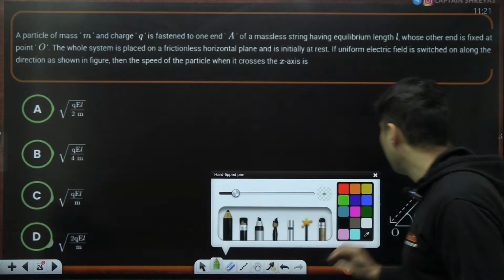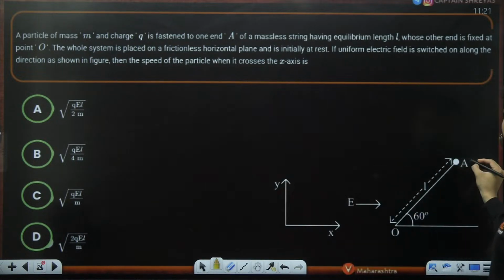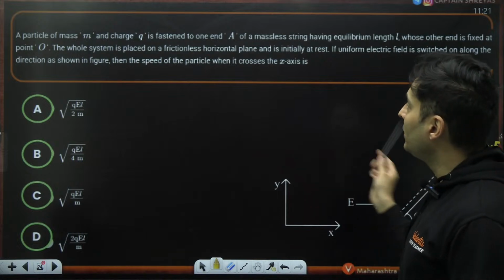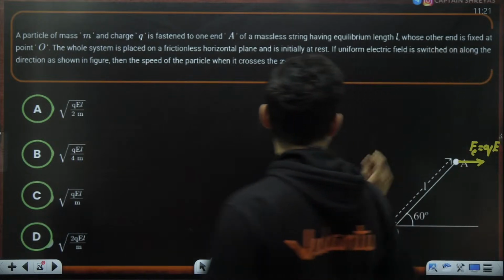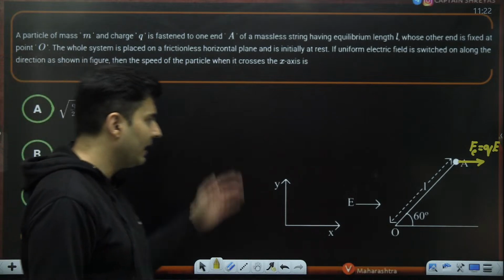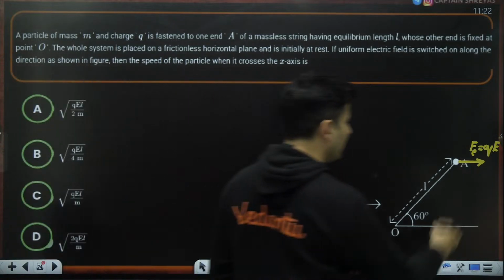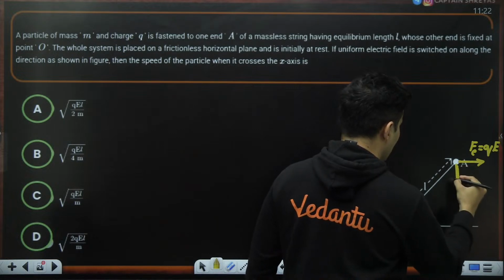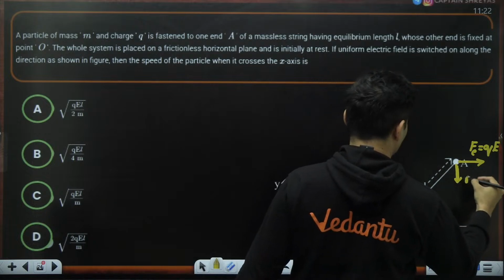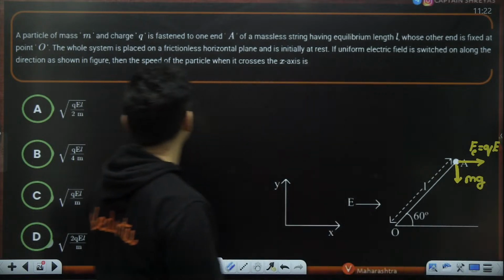So the field is over here. The charge is over here. So naturally the force on A will be in this direction. The electric force will be the charge into the electric field, that is Q into E. But there is also gravitational force which will act downwards. We cannot ignore that. So there will be gravitational force, and that will be nothing but mg. I think g is not even there right now. Okay, we'll just put mg over here.